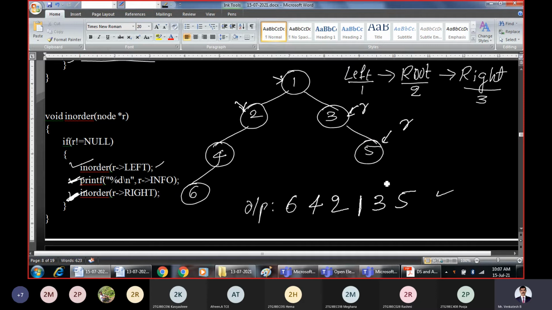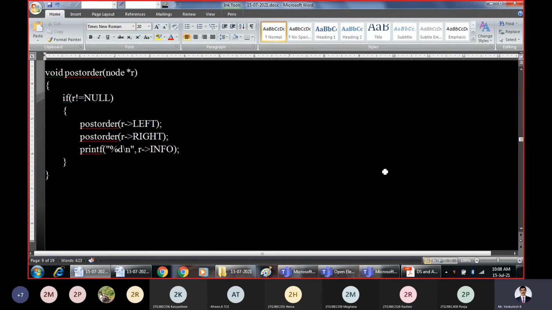In order traversal for the given tree. So how to say the in order traversal is correct? The root will come somewhere in between, and all the children which are present, that means all the subtrees which are present as a part of the left subtree will come to the left side of 1. That is 6, 4 and 2 are coming to the left side of 1. 3 and 5 are part of the right subtree. They will come to the right side of 1. So this is what is in order traversal for the given tree.